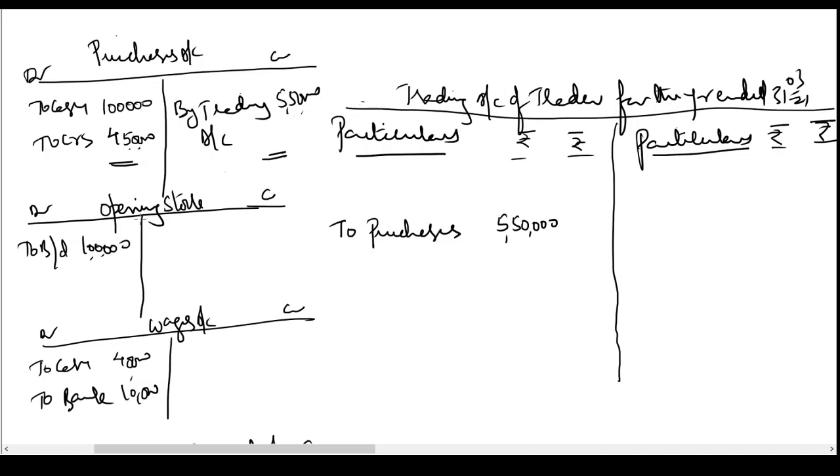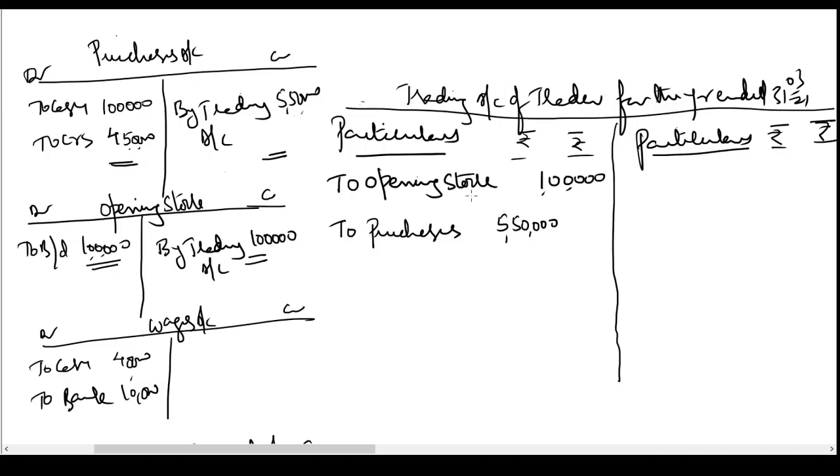This is the goods which were unsold at the beginning of the year. Opening means at the beginning of the year. During the year, the normal assumption is we are not going to just keep this stock in our godown and wait. We have already sold them. So the value of these goods has to be expensed off. It has to be closed again by transferring it to the trading account. So we'll simply write here by trading account 1 lakh. In the trading account we write to opening stock. The value is debited to the trading account, 1 lakh rupees.